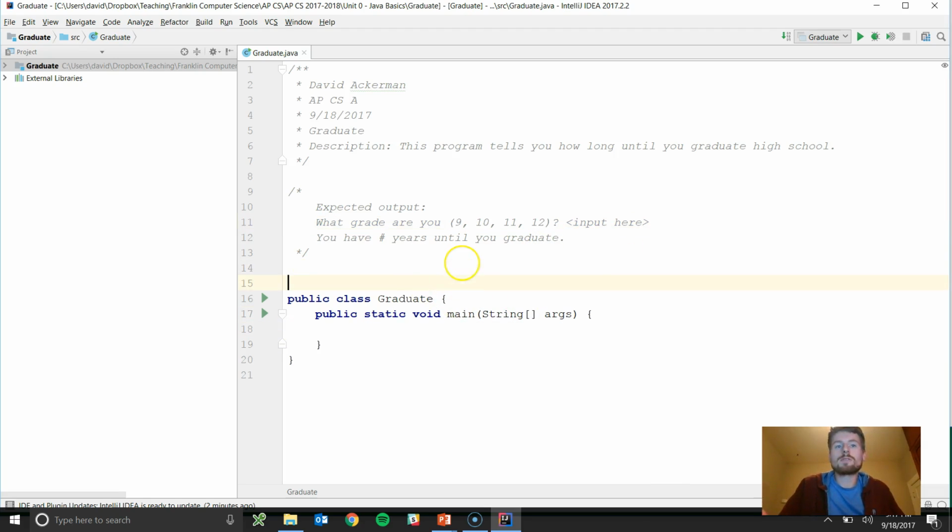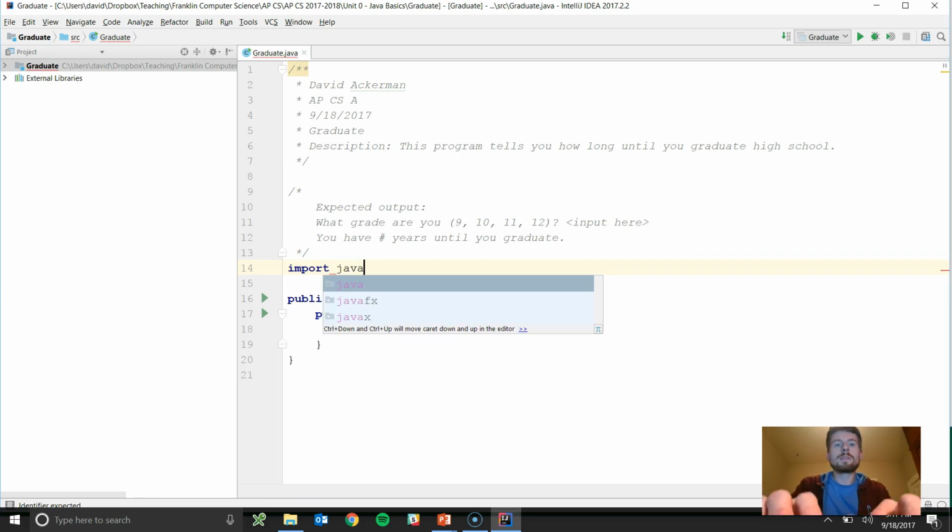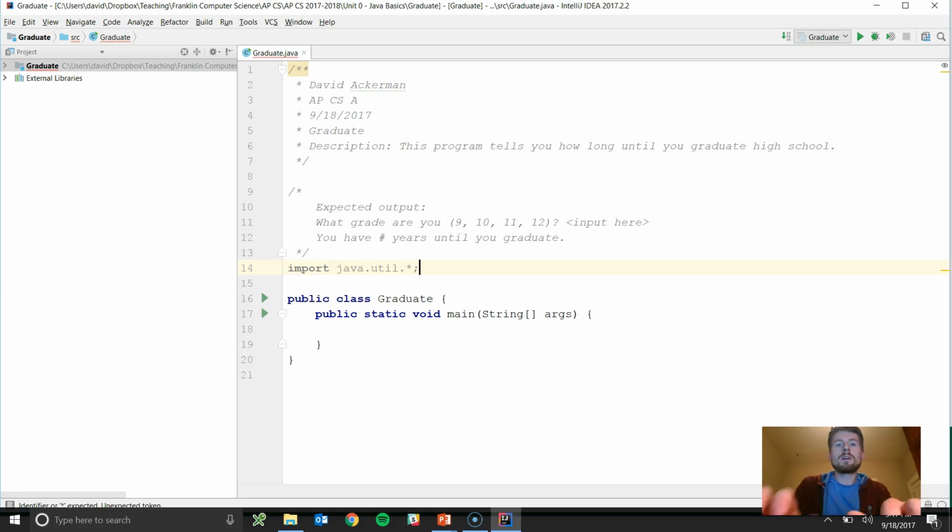Okay, so hopefully you guys remember the first thing we need, because we want to use scanner. We have to go and say, hey Java, go grab me the scanner from wherever it exists, which is actually in the java.util package. So this is our import statement, java.util.star. This is going to grab everything in utilities. You could also do import java.util.Scanner, and that's going to grab just the scanner. But maybe you have multiple things you've got to use from utilities. For now, we just have scanner. There's other things that exist in there that might be useful as well. But we're going to import